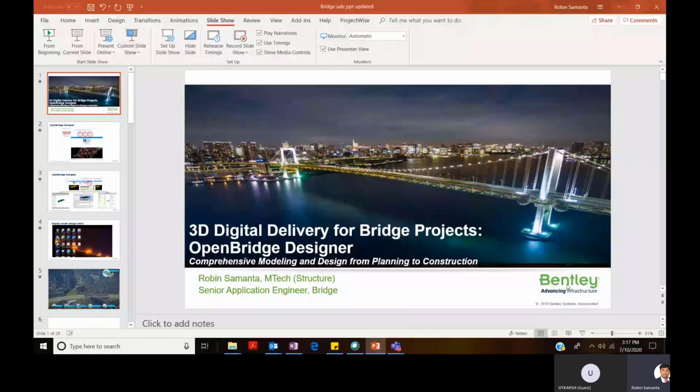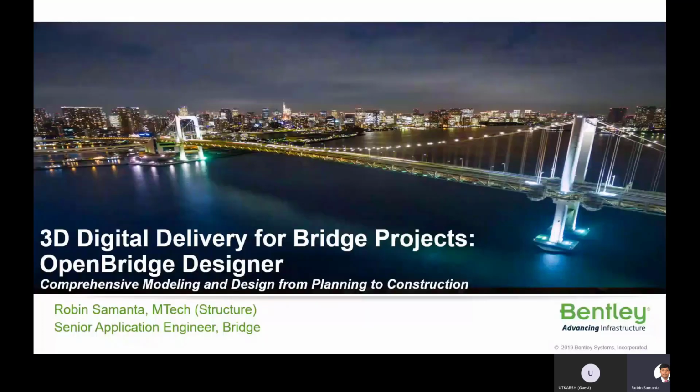Basically, OpenBridge Design is an integrated solution of software. So you can see it is not only an analytical tool like other products, it actually does comprehensive modeling, analysis, and design for a complete bridge product. The idea of OpenBridge Designer is to work with different disciplines as well, and also in a bridge project